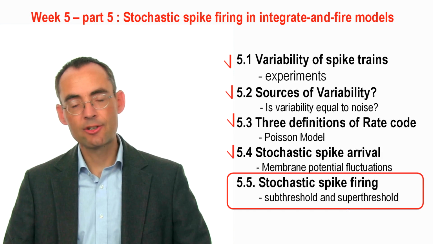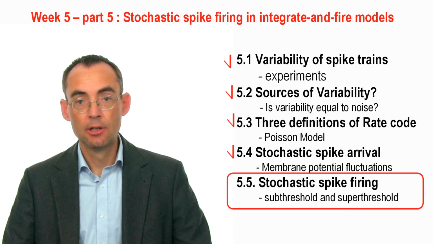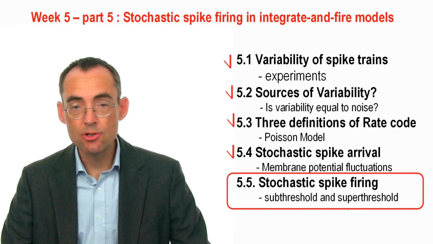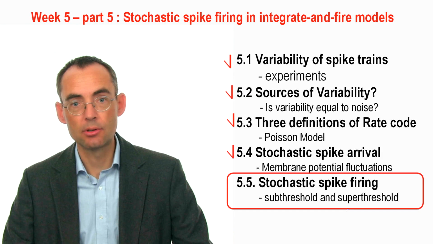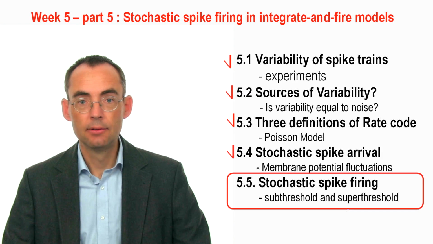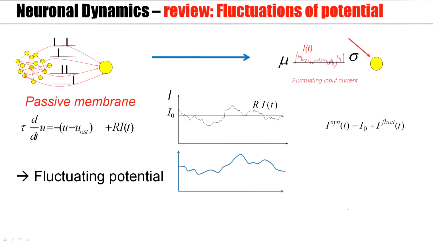Welcome to this final lecture of week 5. We'll put things together now. We will consider fluctuations of spike timing and fluctuations of membrane potential in a simple neuron model, the leaky integrate-and-fire model. So we have seen for a passive membrane,